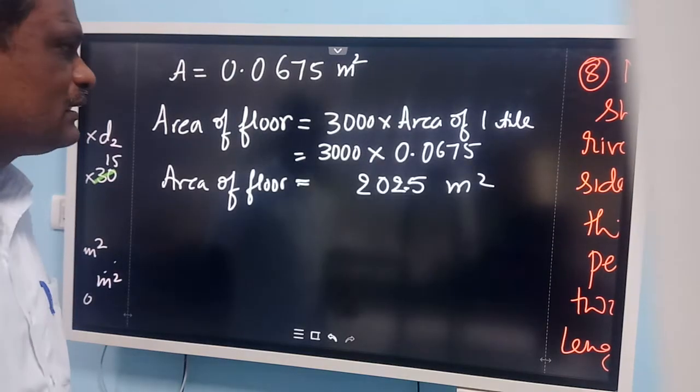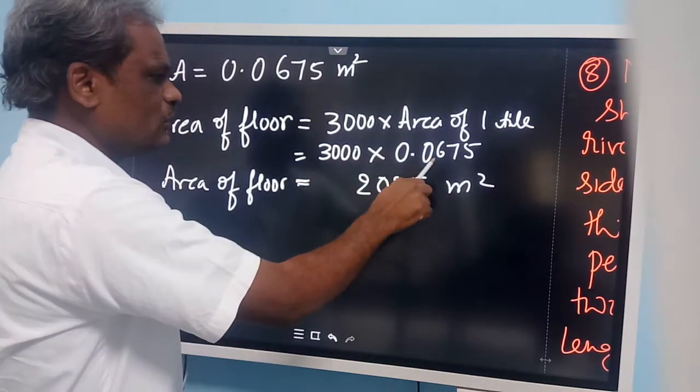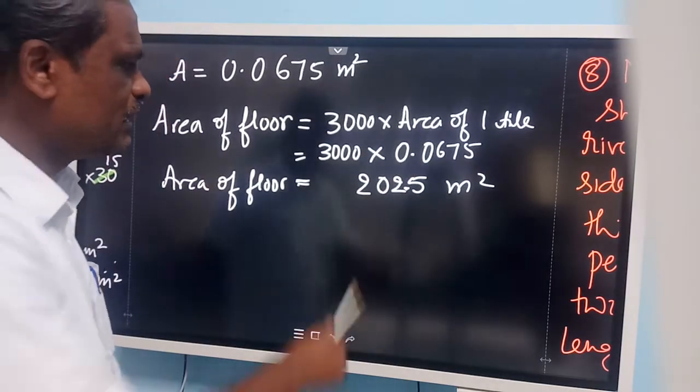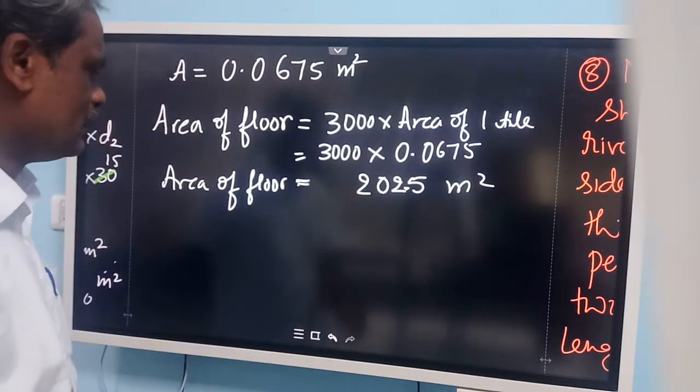Look at this. We got after multiplication 3000 into 0.0675. You will get 202.5 meters square. So now cost of